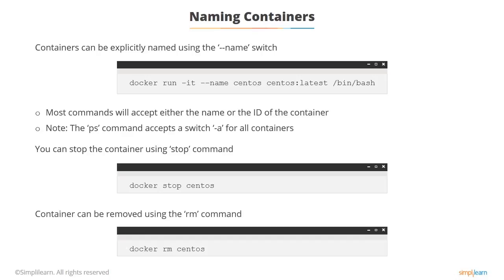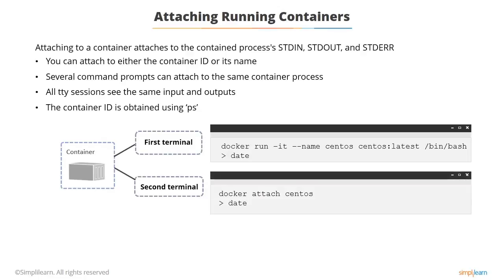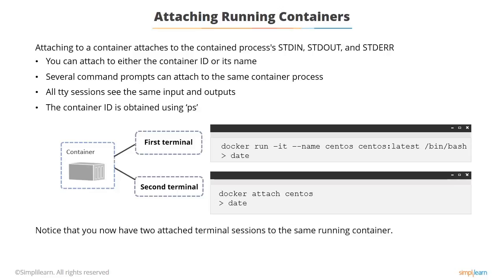You can also attach to a running container. So, for example, if you're running one container interactively, like the first one, if you go to a second terminal and go docker attach CentOS, it'll attach your terminal to it, and you actually get the same session. So if you type into it in one terminal, you'll see the output in both, because both are attached to the same container. And there's this magic keystroke, Control-P, Control-Q, to detach from the container, leaving it running. So that means you can effectively walk away, detach yourself from the container, and then reattach yourself later on, if you wish to.